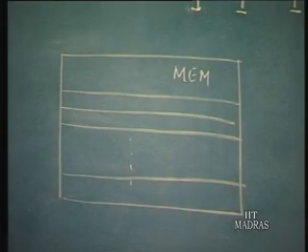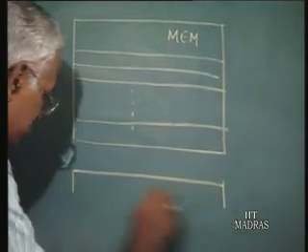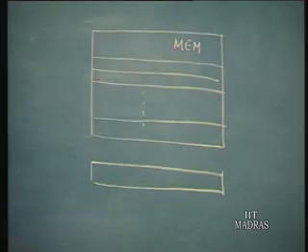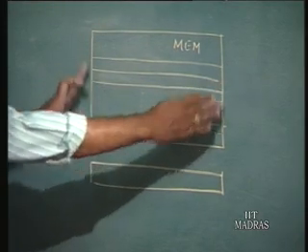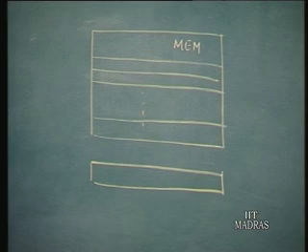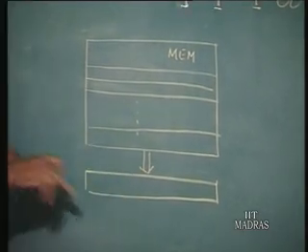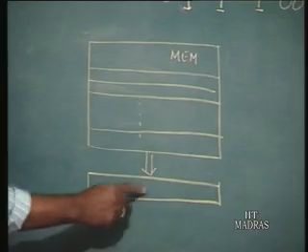Now from the memory, if you read only one of these codes, let us say this location contains T1, this location contains T2 and so on and so forth, like this for all the instructions. And anytime you read only one of these words,